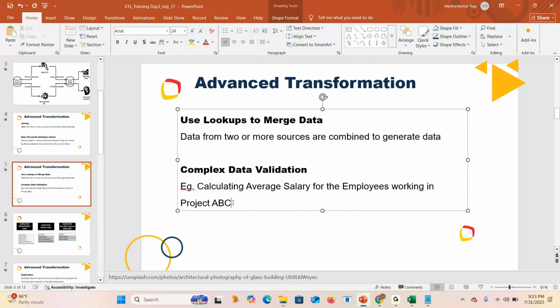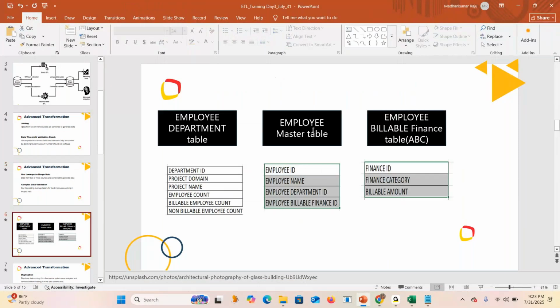Out of which my project ABC is in the healthcare domain or life science domain, any domain. Usually the employee details will be stored in this format. This is one example: the employee master table. In the employee master table, they don't put all the details. Simply they keep the employee name, employee department ID, employee billable finance ID.